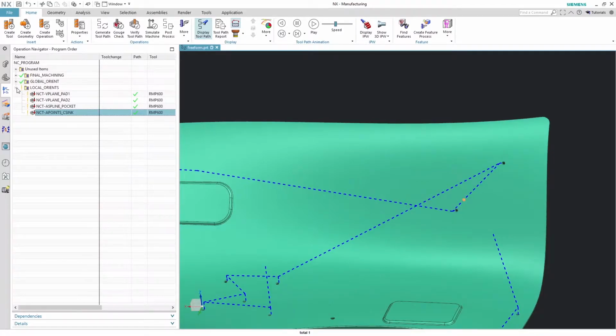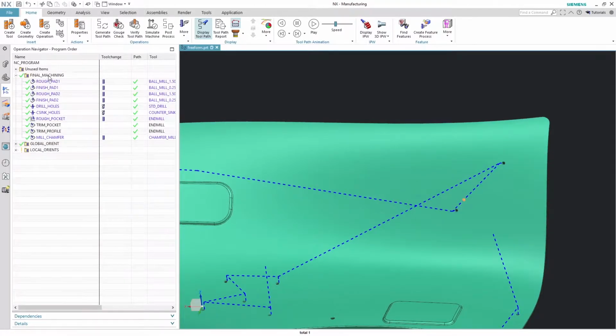All we have left to do here is to add some keywords into our cut program. And you may have noticed in our local orient probe program, there's a special naming convention in our operations. We use these keywords, which is what NCT uses to apply local orients to the program. The keyword in this case is NCT-V plane, followed by the name of the orient, pad 1, pad 2, and